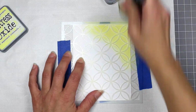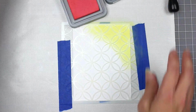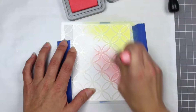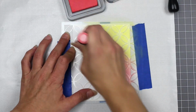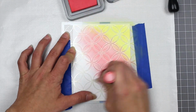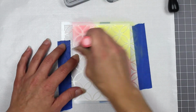Then I'm going to come in with the Abandoned Coral Distress Oxide ink, and I'm going to use the same way I applied the Squeeze Lemonade, just a light circular motion over that stenciled area. The more of this color I apply, the darker that color is going to get. And then once I have the Abandoned Coral on there and I kind of blend it into the Squeeze Lemonade